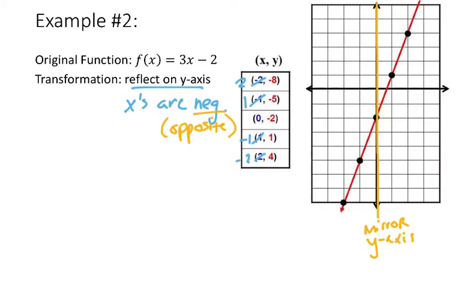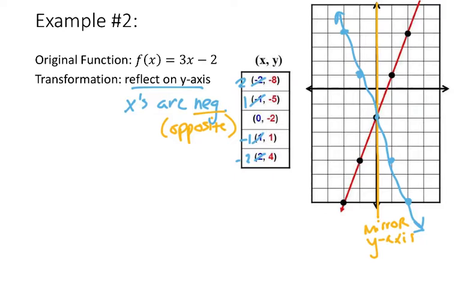So rather than visually doing it, if we graph, we're going to have 2, negative 8, so over 2, down 8. Alright, then we have 1, negative 5. 0, negative 2, so they do share that because it's on the mirror, so it wouldn't move. And then we have negative 1, 1, and then negative 2, 4. And so you kind of make your little X visual here. Whoa, that is a really straight, non-wobbly line. Okay. So, let me see, anything else? Alright, so we've got our table, we've got our image,